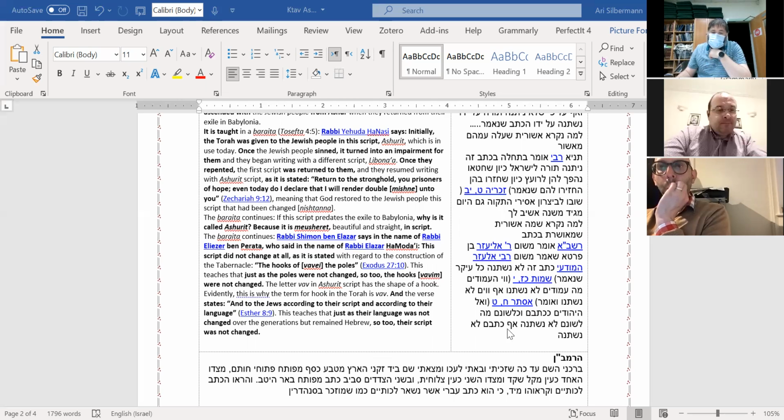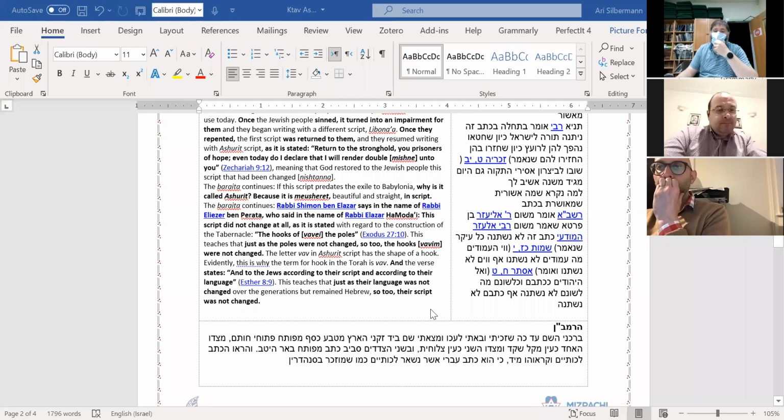And therefore it also says Af ktavam lo nishtana, right? They bring the midrash from Esther. She wrote according to their script, their language, just as their language didn't change, so too their writing never changed. So according to that tfisa, how does he understand it? It was always written like that, right? It was always written in that language, and it never changed, it never went backwards and forwards. So then, how do you understand it? Right, and more importantly, how do you understand?